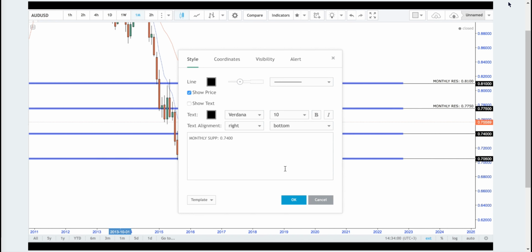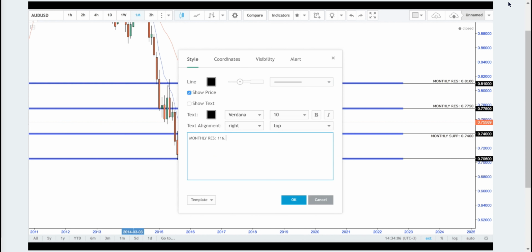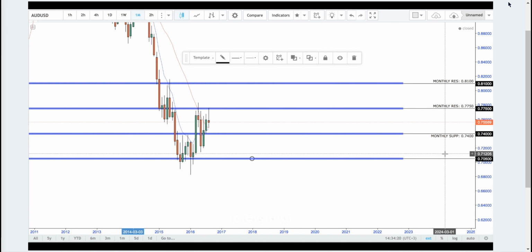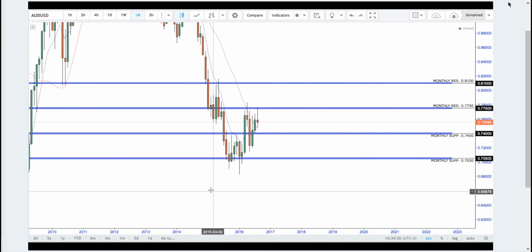Okay, show text once more. There we go, monthly support. And then last but not least, we have monthly support 0.7050. Monthly support, show text, bottom. Okay, show text. So what we have here, as you can see, instead of adding some labels on